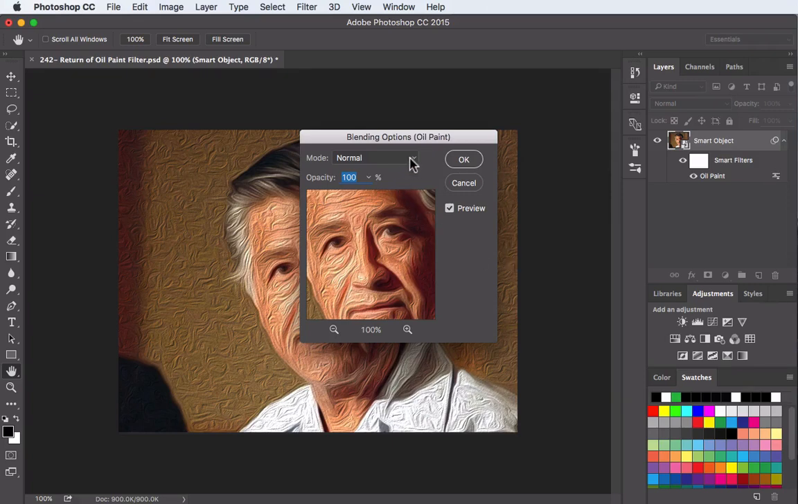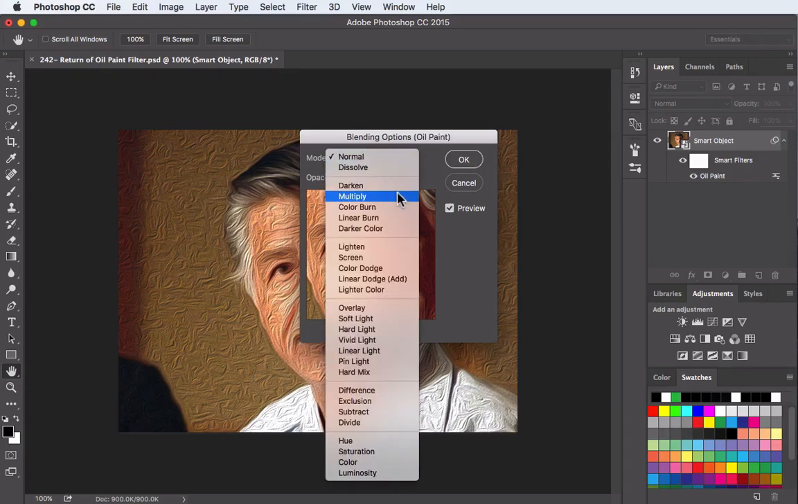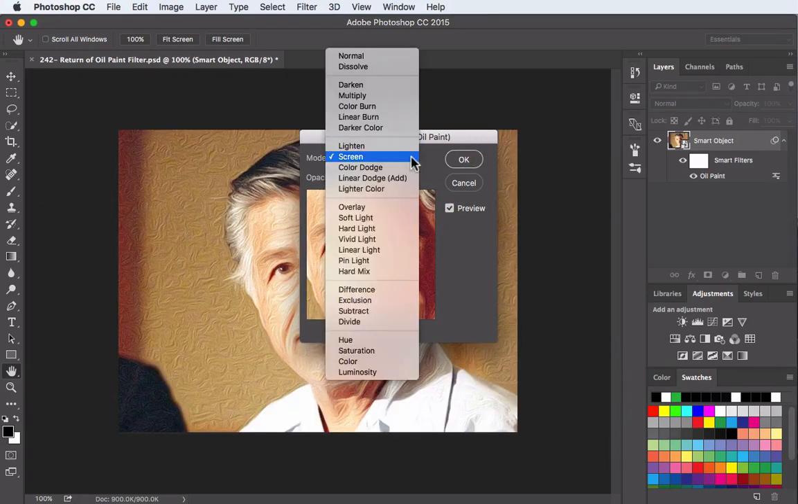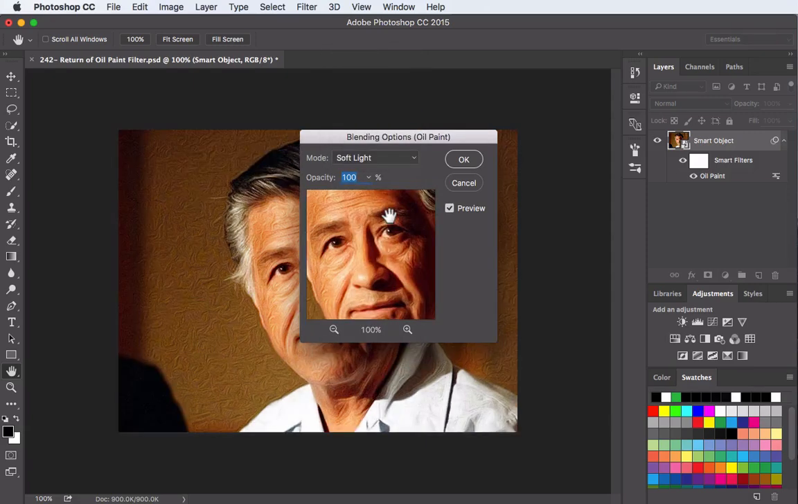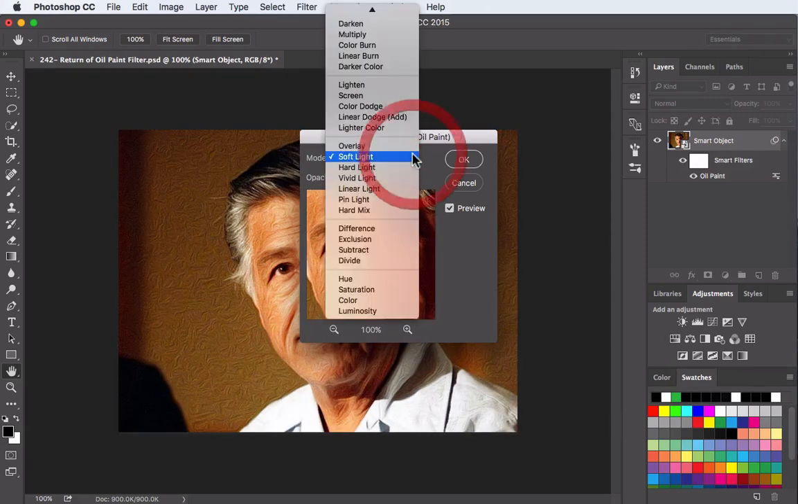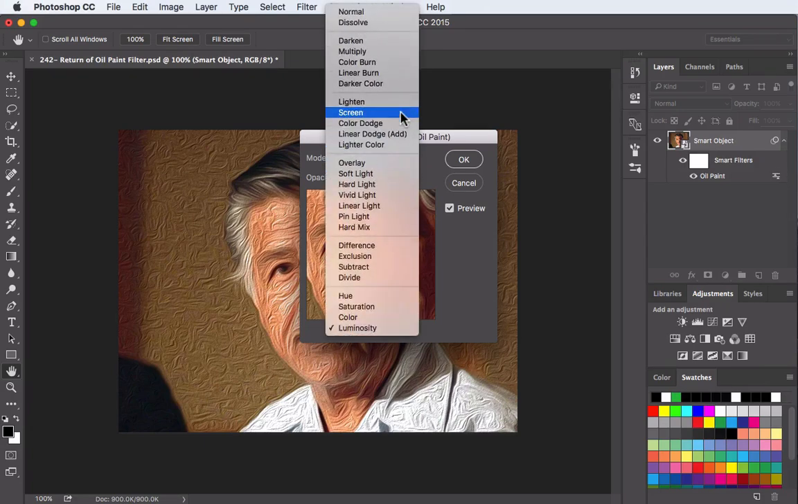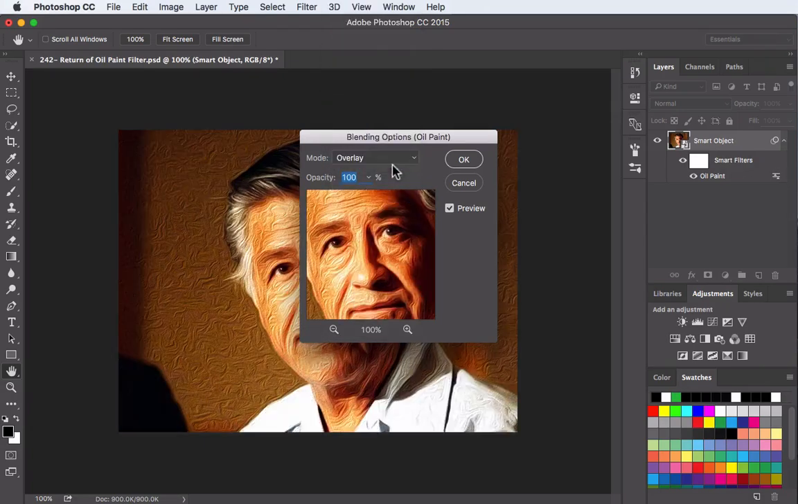At the top you can change the blending mode. Instead of normal, you could try out multiply. I'll go over here and go with screen. Then try one of the contrast ones, like maybe soft light or overlay. You could even do one of these down here at the bottom, like luminosity. Play around with whichever ones you like, and then once you get the exact effect you're going for,